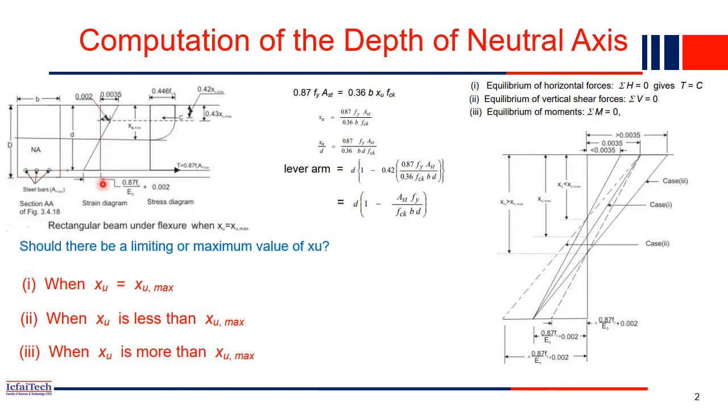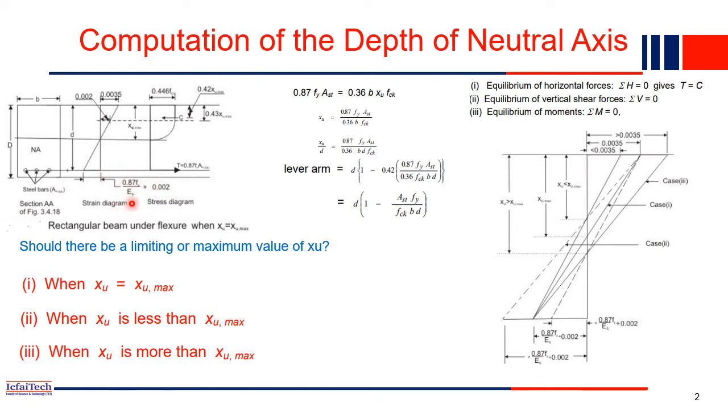And this is the strain diagram we discussed in detail in the last 2-3 lectures. The maximum strain in concrete is 0.0035 as per the Indian Standard Code. Similarly, the maximum strain in the steel is given by this expression. The concrete maximum strain is fixed for all grades of concrete, whether you use M20, M30, M40, whatever the grade. The maximum strain for the steel bar, however, changes based on the Fy value.